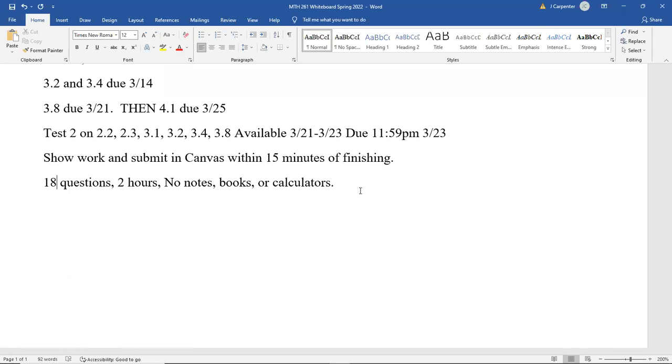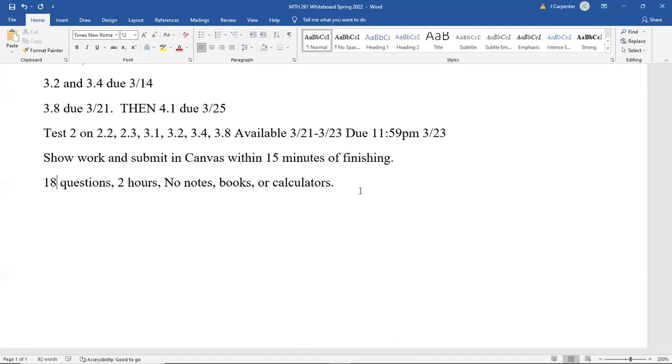There is a review, just like for the first test, in the assignment section. It is immediately below homework for 3.8. The review will be similar to the test, so it's a good idea to complete the review. It is not going to be graded, though. The test will only be visible in my math lab those 3 days, the 21st to the 23rd, and it will be at the top of the page, probably the second assignment, probably right under test 2, but it will be available at the top.